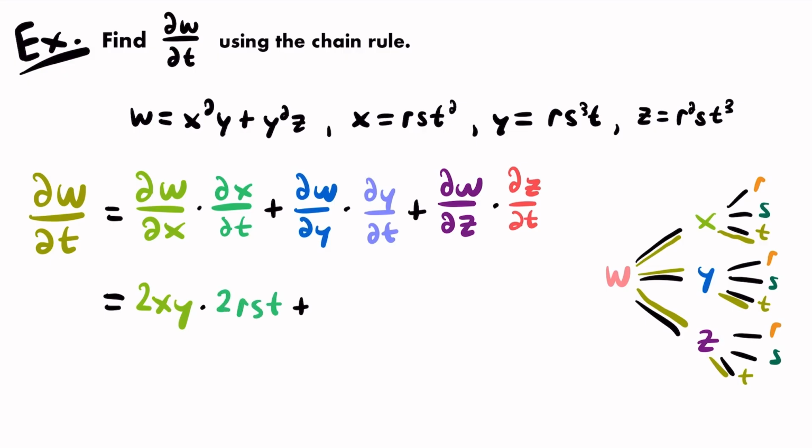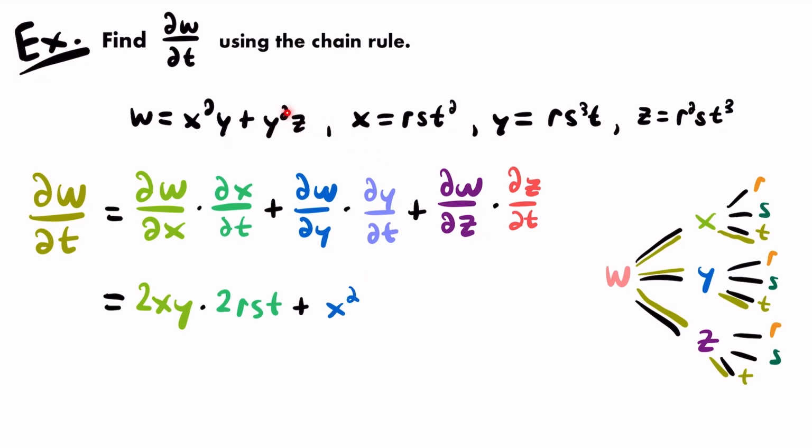Then we'll add that to the partial derivative of w with respect to y, and so y is in both of these terms, so you do want to take that into account. For the first term, y is to the first power, so its derivative would be its coefficient, which would be the constant of x squared. Since we're differentiating with respect to y, x is a constant, so we have x squared,